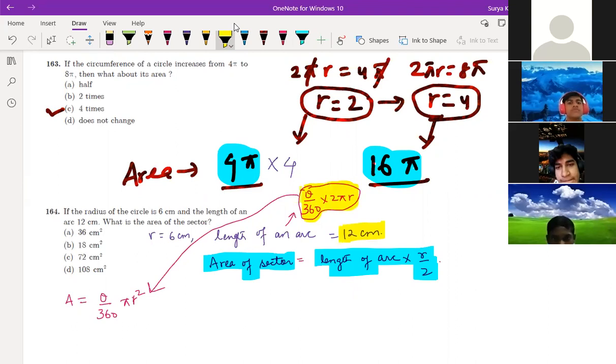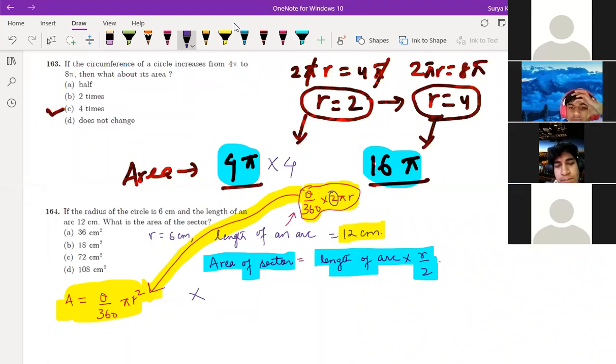Now what we try to do is, from this formula, what do we do so that the area will come. Listen, here 2 is there, the 2 should be cancelled, correct? Because in area, 2 is not there in multiplication. So you should divide by 2. Again, in the numerator, r square is there, one more r is there. You should multiply by r. So that's why area of sector is equal to length of arc into radius by 2, then your answer will come. Is it clear now? Yes, sir. Okay, fine.